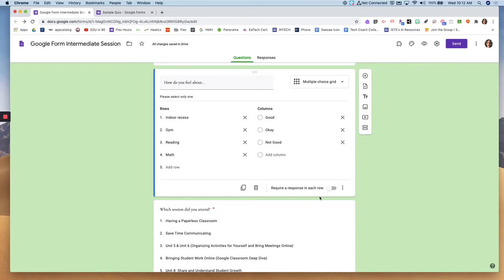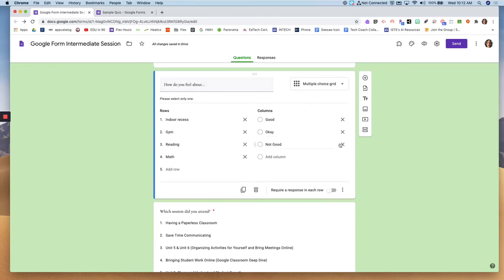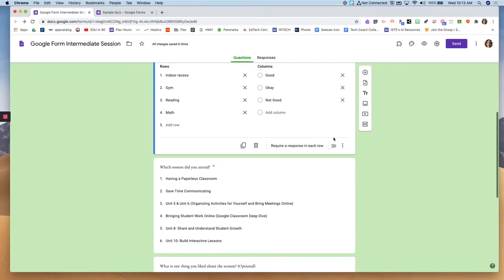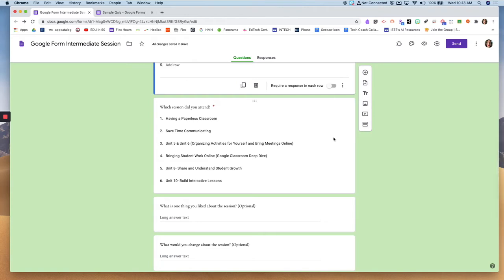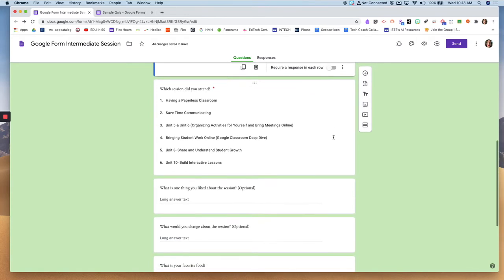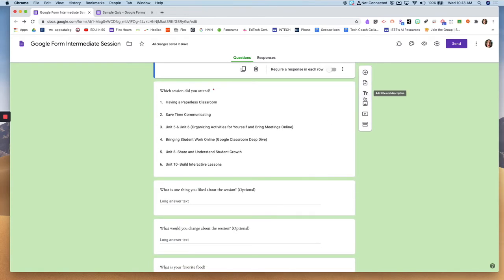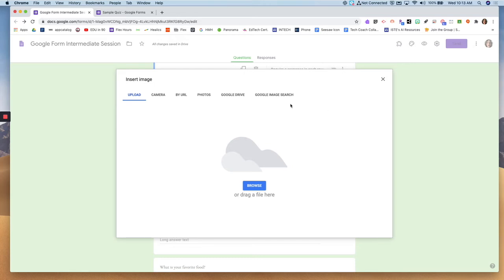Okay. In addition to adding questions, remember that you can always embed pictures and videos. And I know Sarah talked about that a little bit last week, but I'm just going to show you real quickly again. So we talked about this title and description. Here's where you're able to insert an image. Again, it brings up, you can browse, Google image search. When you do that,